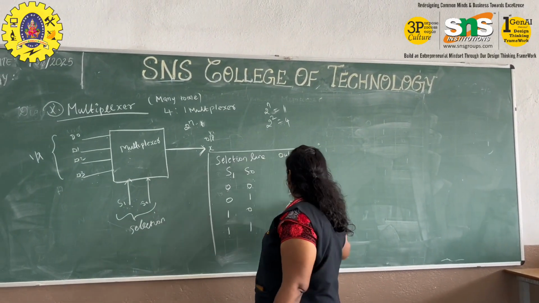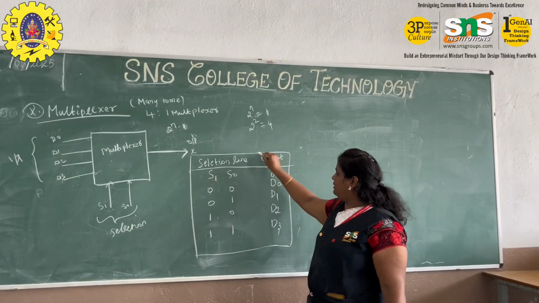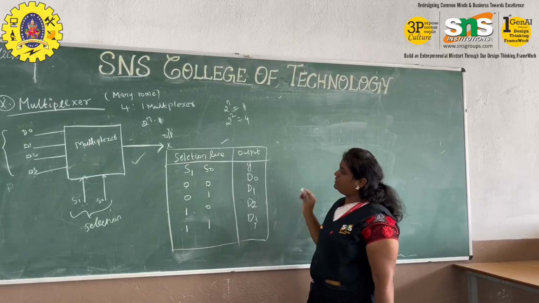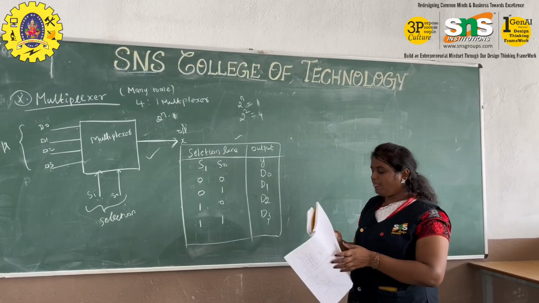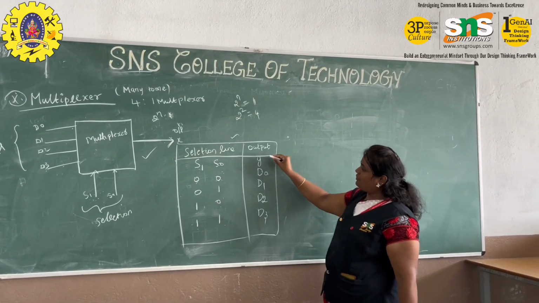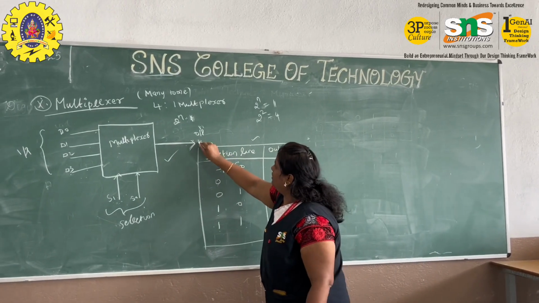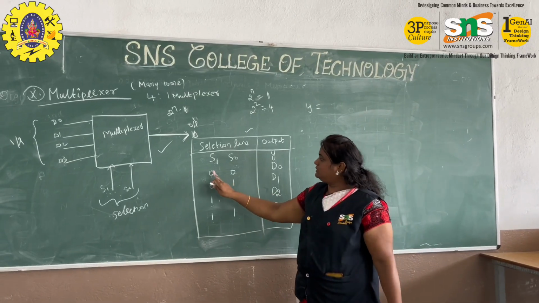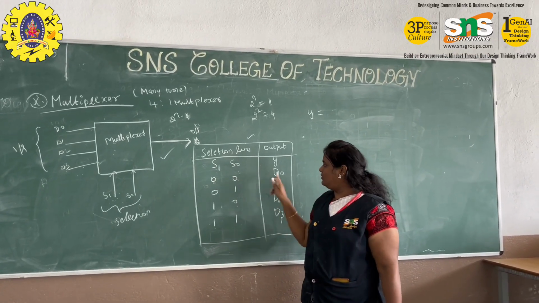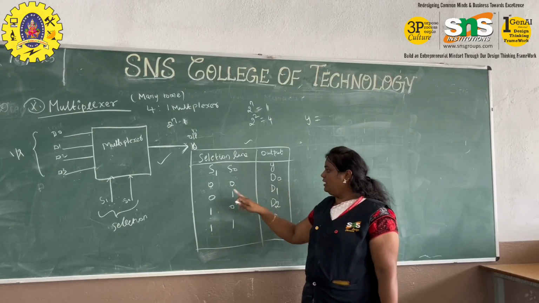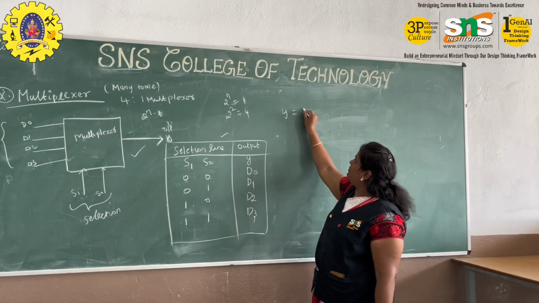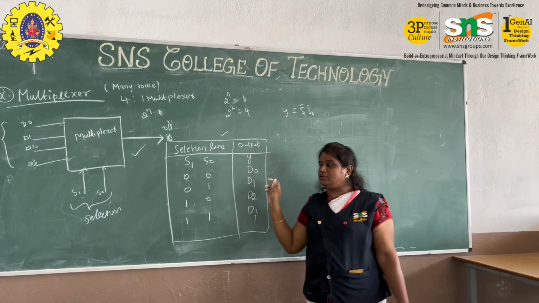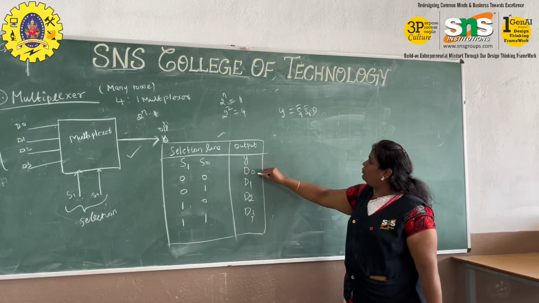If I take one topic, we have to write it in different forms. One is a block diagram, another is a truth table. Next we are going to see how to write the function. Our output is Y. So Y is equal to, first of all, I take the selection line, because according to the selection line only, I am getting D0. So 0 0 means my output will be S1 bar S0 bar into D0, because the output is D0.